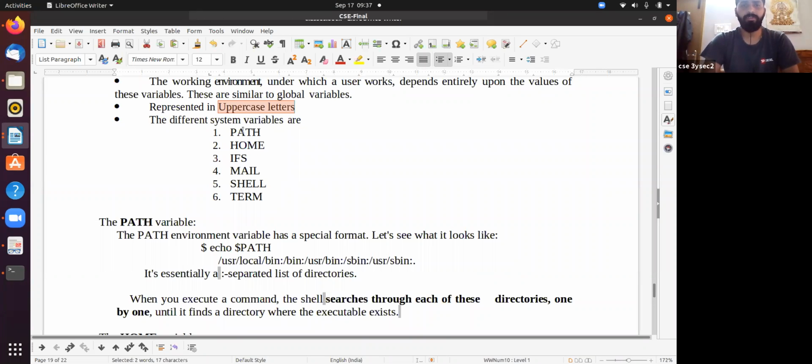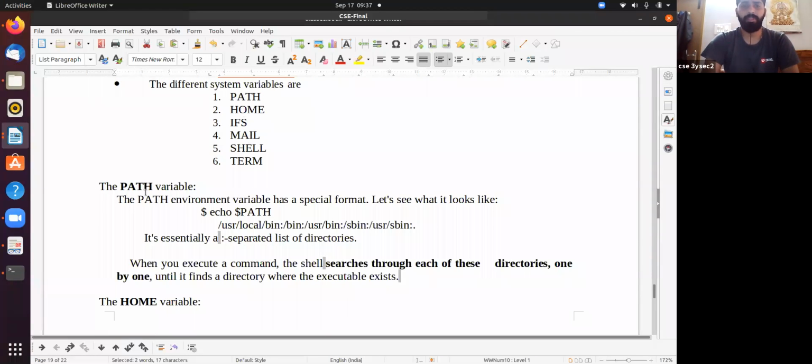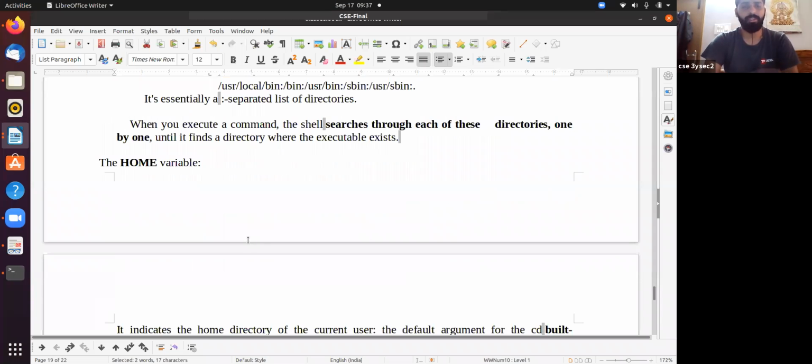The different system variables are PATH, HOME, IFS, MAIL, SHELL, TERM. PATH represents the specific path of a shell. The shell path you provide at the time of installation is displayed here. You can update this path. I hope we already discussed this path clearly.